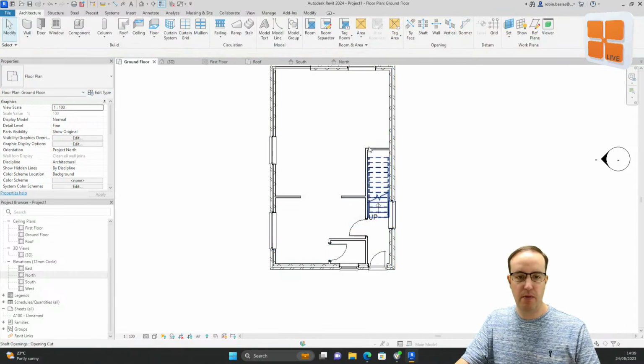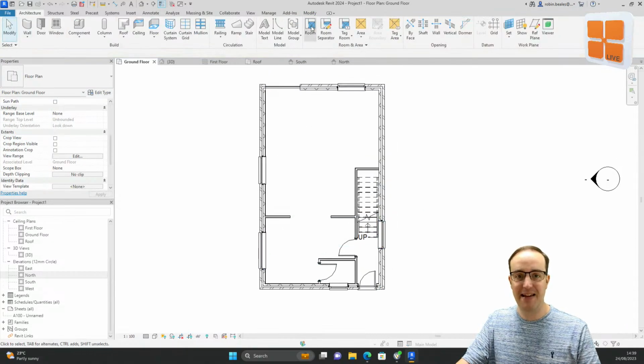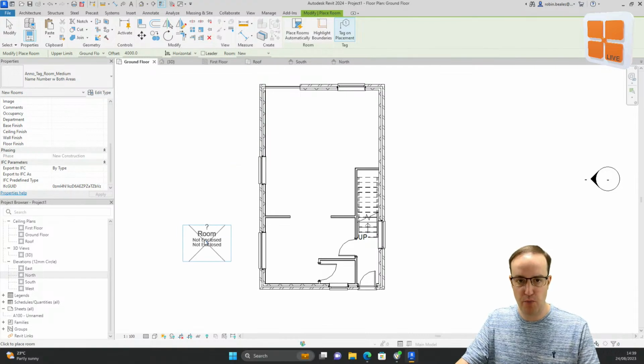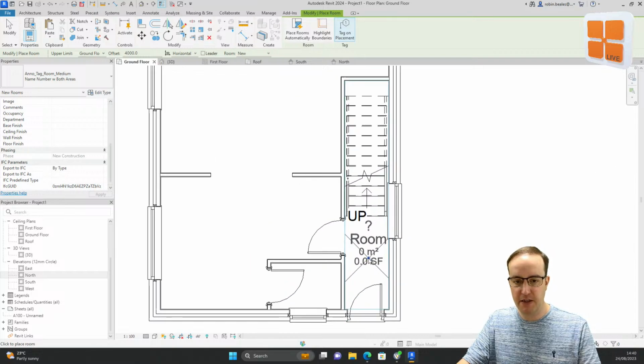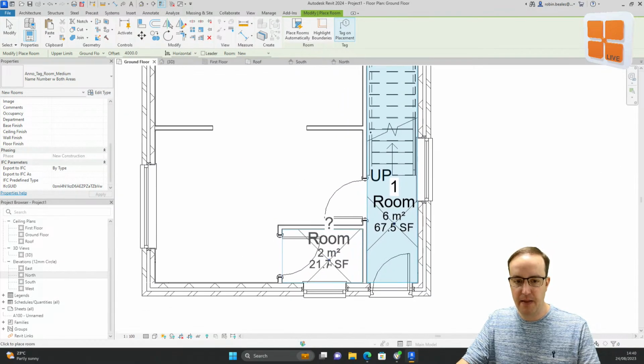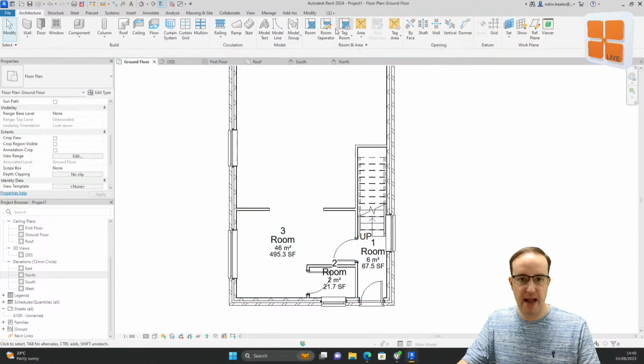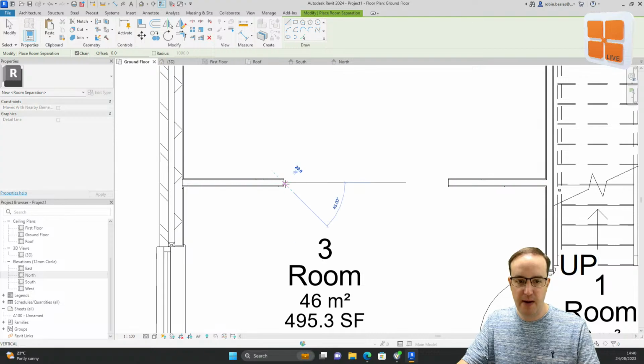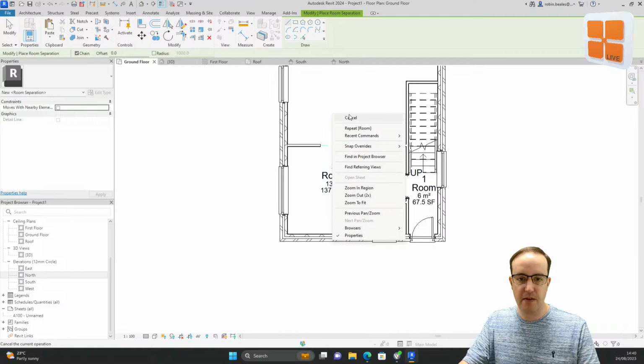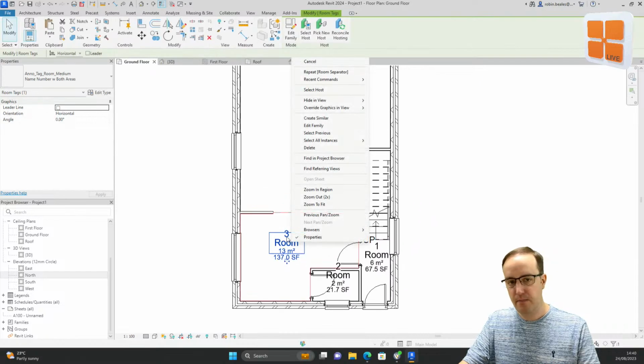So for example, these rooms here, I'm going to annotate them to say that actually they are rooms. And I can just go into an enclosed space and Revit picks them up as a room. So I'm going to place a room in the hallway here, in the cloakroom here, and in this big open space. It's currently one space, as you can see. But then I'm going to tell Revit that we have a room separator between this space, which is partitioned, and this space,